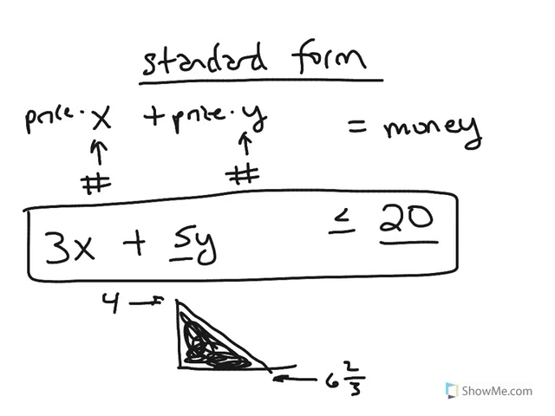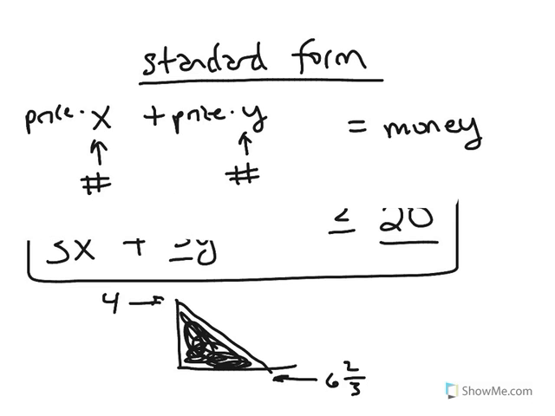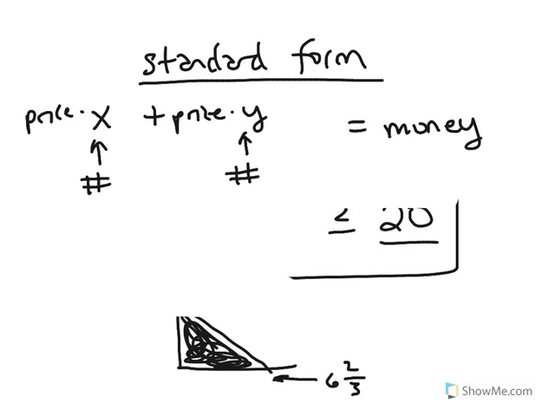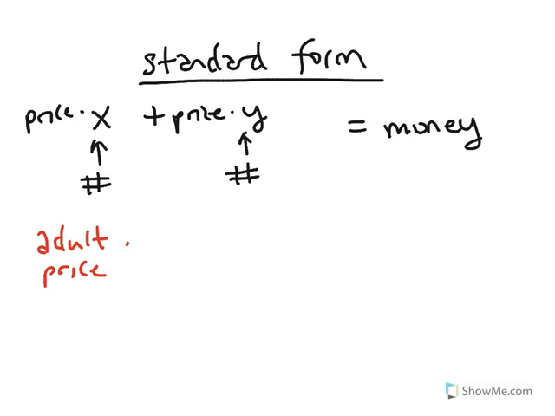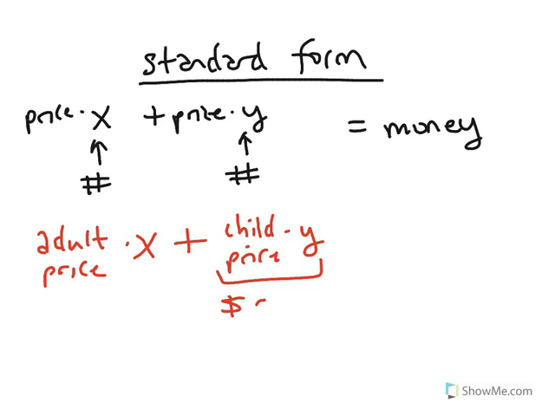But there are other examples also. It could be that you're selling something. Perhaps you're selling tickets to a show. This is a popular problem. We have a show where people can buy two kinds of tickets. You can buy the adult ticket for adults, and however many of those you sell, the product of that will be how much money you get from the adults. Of course, then that implies there's going to be a children's price, and you'll sell tickets to children, and this product will tell you how much money you got from children